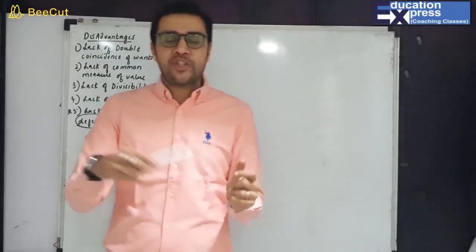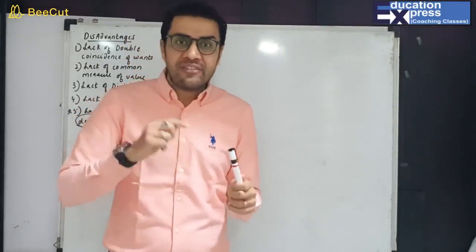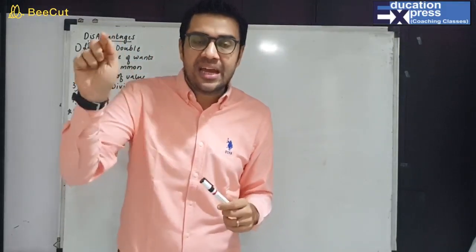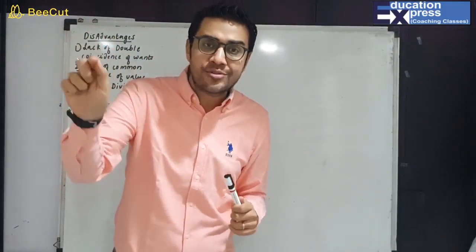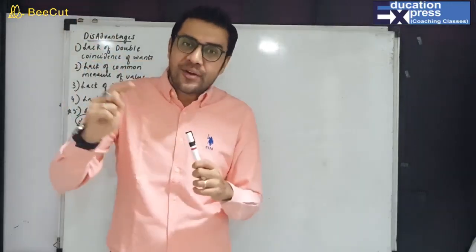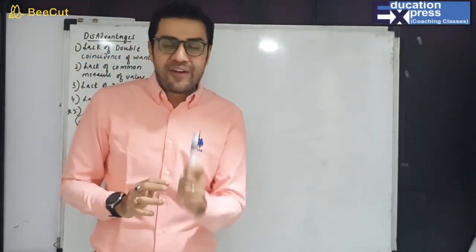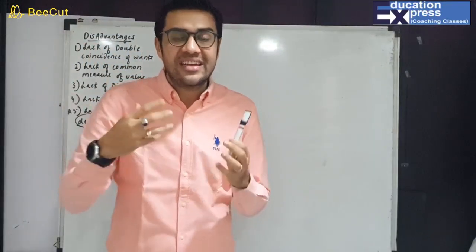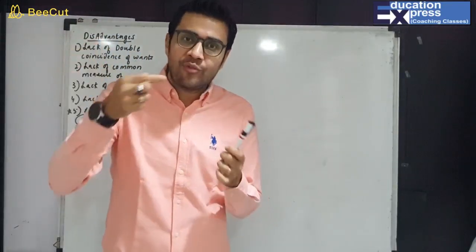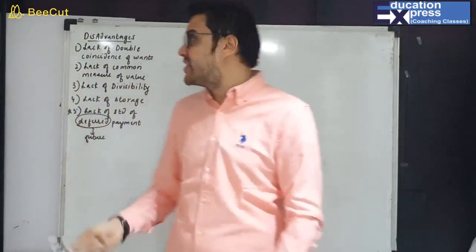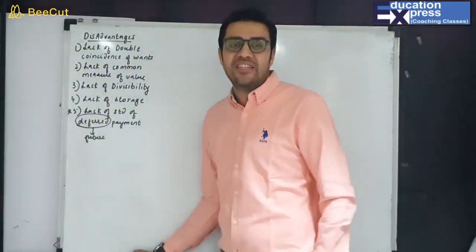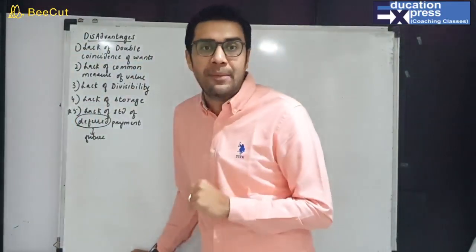Understand, it is not just normal exchanging. Whatever I have to sell, the other party has to buy, and whatever he has to sell, I have to buy. Then only a transaction can happen. If I sell and he buys, that's a coincidence. What he has to sell and what I have to buy becomes a double coincidence. So that is my first disadvantage. Every time it is not possible to have double coincidence.